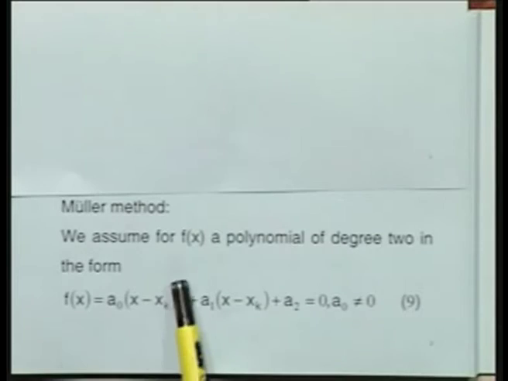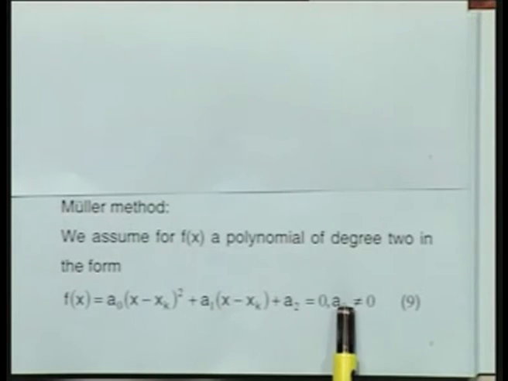Now, there are a number of ways of writing a quadratic polynomial. One way that we have used for deriving Chebyshev method was to write the polynomial as a0 x square plus a1 x plus a2 is equal to 0. However, an alternative way of writing a quadratic polynomial is a0 (x minus xk) whole square plus a1 (x minus xk) plus a2 is equal to 0, where we take a0 not equal to 0 because it is a quadratic polynomial. Now, if I open it up and simplify, what I would simply get is some a0 x square plus some b1 into x plus b2 is equal to 0. Therefore, this is a suitable form for me in order that the method can be derived much more easily.